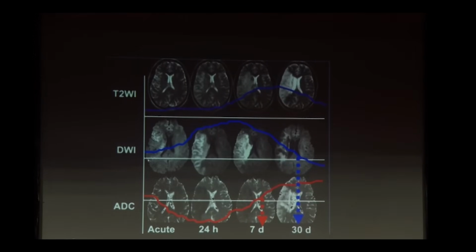Here, by the timelines: ADC, DWI, T2 weighted image. Initially in DWI, if it is an acute stroke, it will be white. And then as time progresses, it will become black. Whereas in ADC, in the acute phase, it will be black. As time progresses, it becomes white. T2 weighted image, as time progresses, maybe after like 7 days to 30 days, it will become white, as per